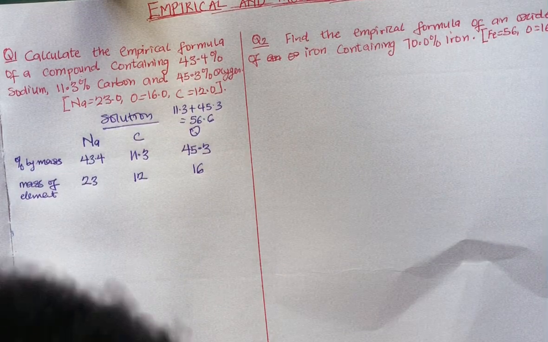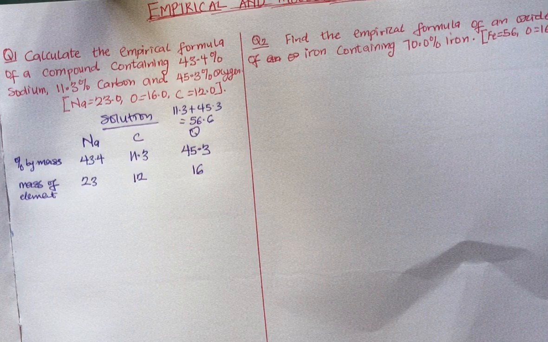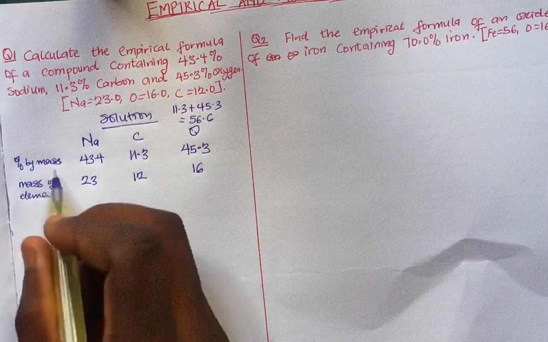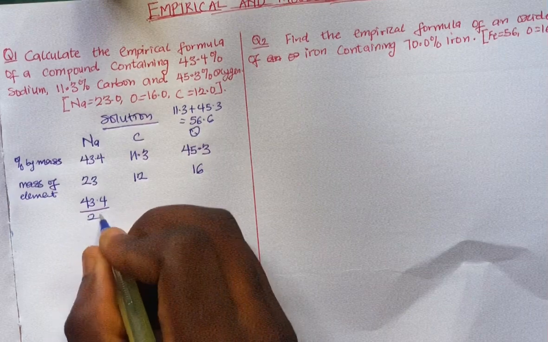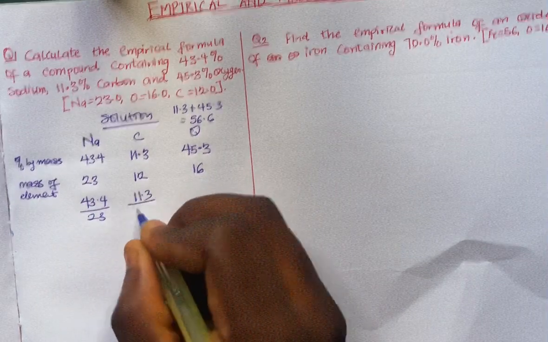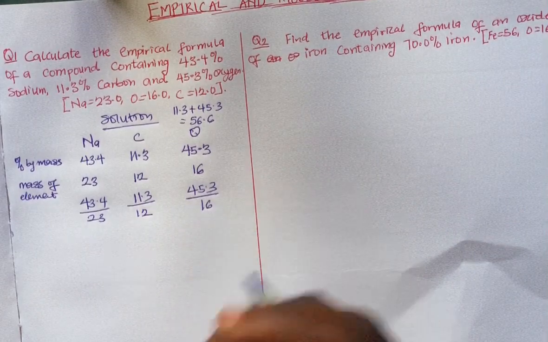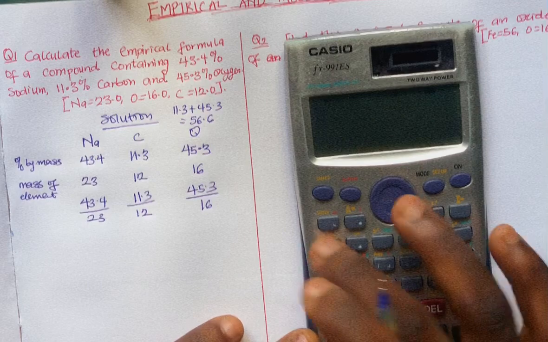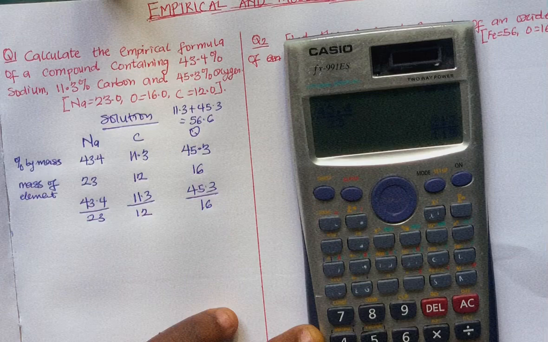So the next thing you can do is to divide. You find the ratio between the percentage by mass and the mass of the elements, since empirical formula tells us the simplest ratio of the elements present in a compound. So let's divide everything. I'm having 43.4 divided by 23, and 11.3 divided by 12, and 45.3 divided by 16. Then let's look at the answer. 43.4 divided by 23 is